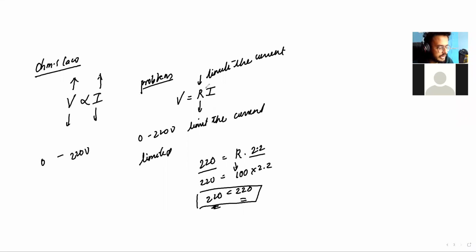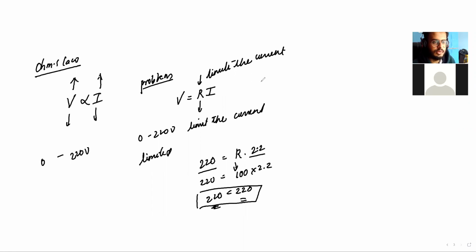So if resistance was not there and there would be no limit in current, it would be very difficult to use electricity in daily appliances, because if there were minor openings in the wire and you by mistake touched it, you'd be electrocuted to death.